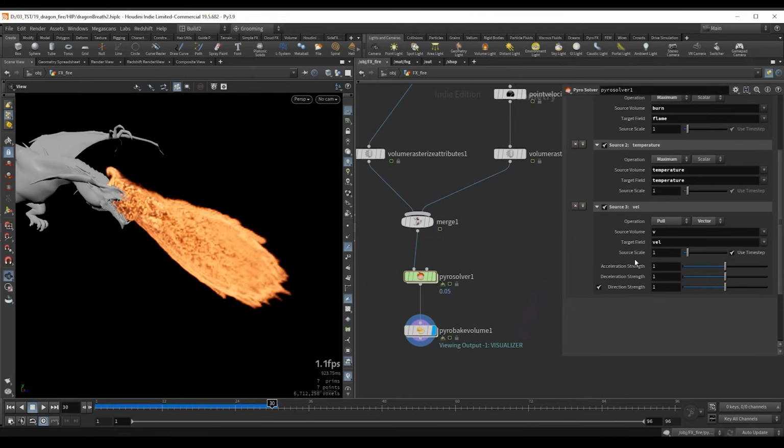So what we can do is increase the acceleration strength. So I will set this to a value of 50, and this acceleration strength will determine how fast we blend in the velocities. So for example, if this were like 1000 here, it will probably give us the same result as a regular add, but we will set this to a lower value, but still pretty high.